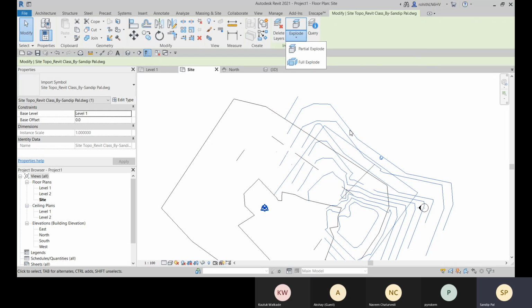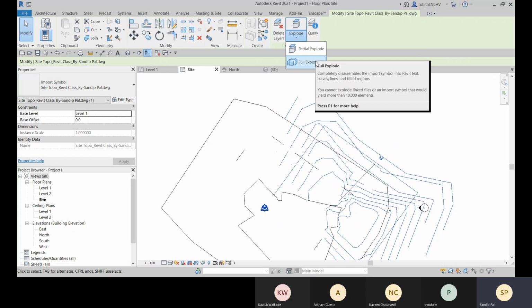Okay, so when you explode, all these DWG components or the AutoCAD components will be converted into Revit element. Like the line you will get as model line. If there are text, so that will be a Revit text after exploding. So you can go for fully explode, then only you will get all these things.